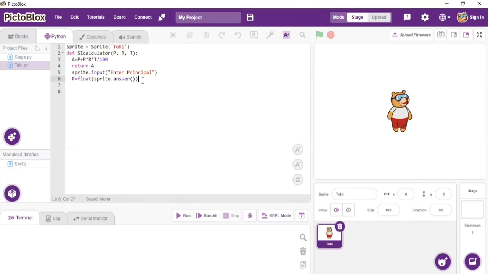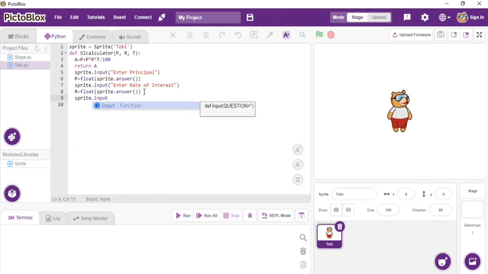and usually the values are retrieved from the command line in string format, and this string has to be converted into the respective data type of the variable that we are going to store. Suppose if it is principal, we have to convert it into float so that it can be converted into floating point notation and stored in the variable P. So likewise, we are typecasting R and T also.